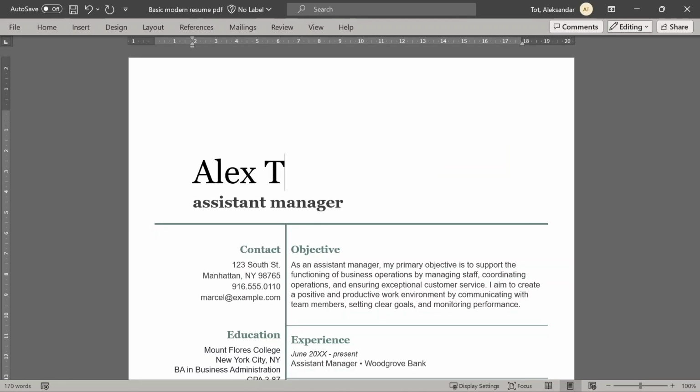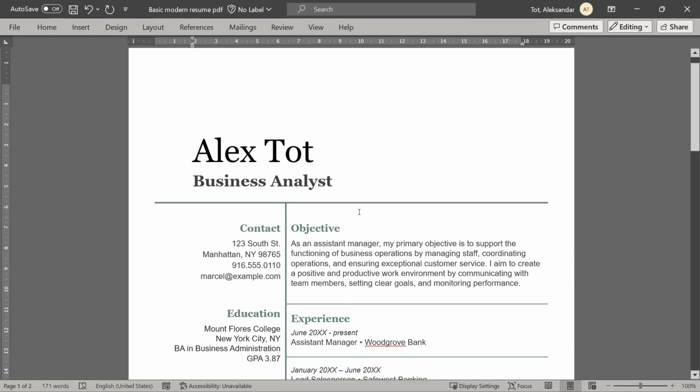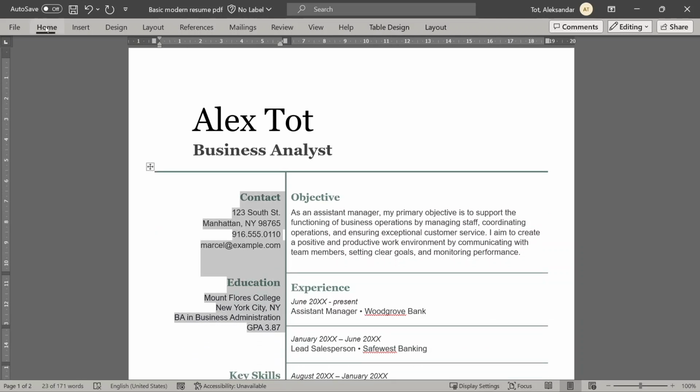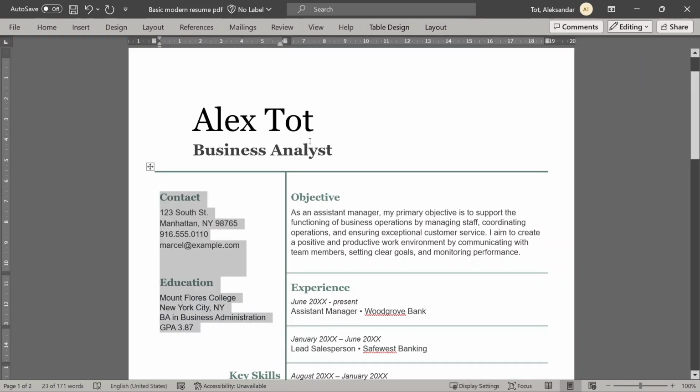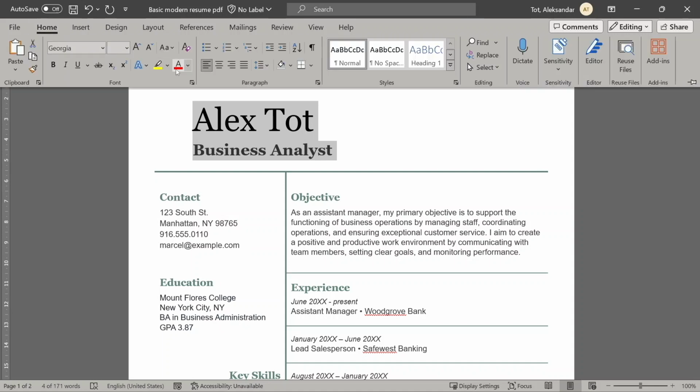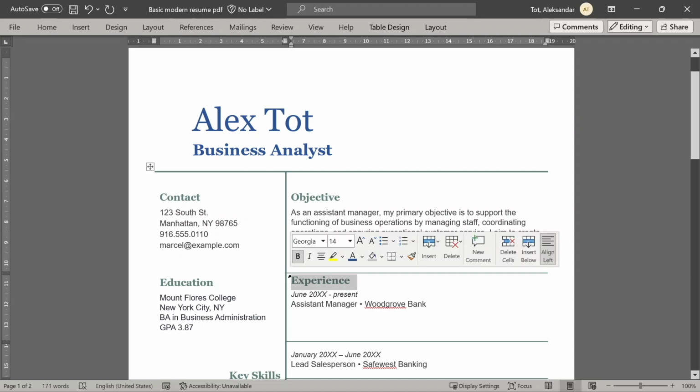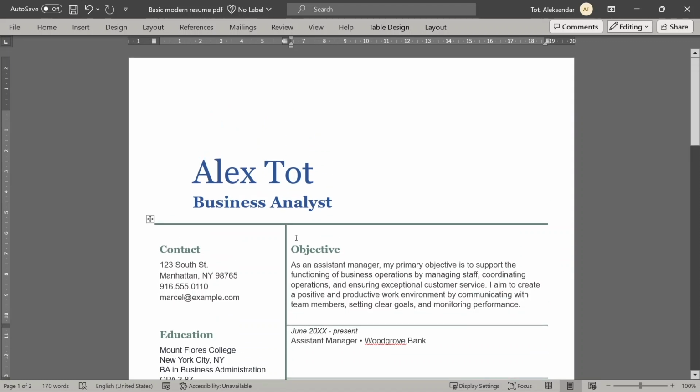Now, we can edit our CV template. I will put my name here, change the title, maybe adjust this to the left side for a better look, or change some font. Maybe even change some colors. Down here we can also make some changes, we can add our own experience or remove some elements. Now, I am not going to edit this till the end, because my CV is not the point of this